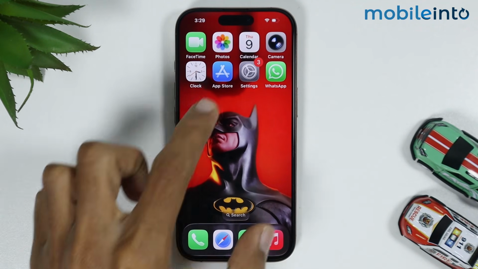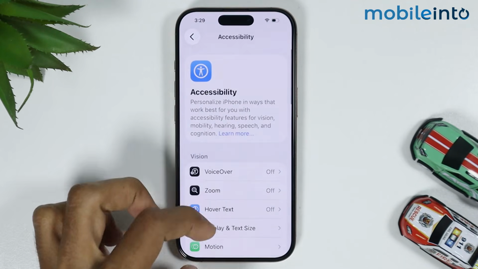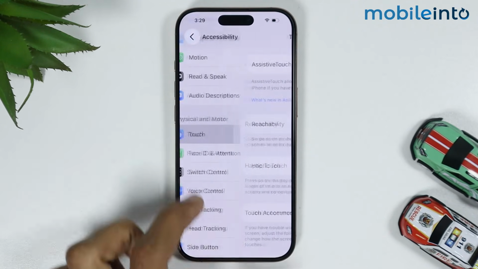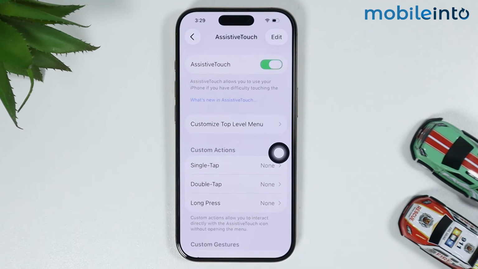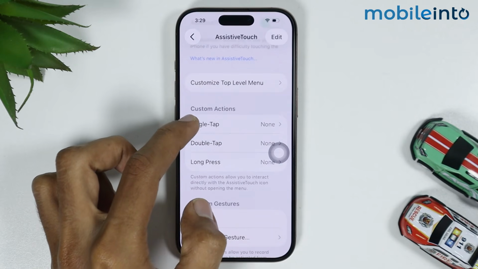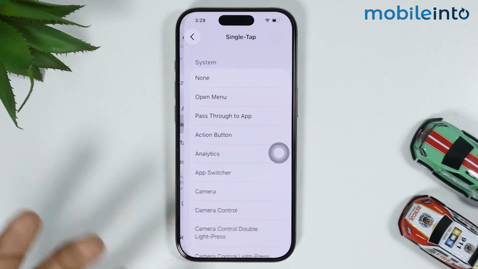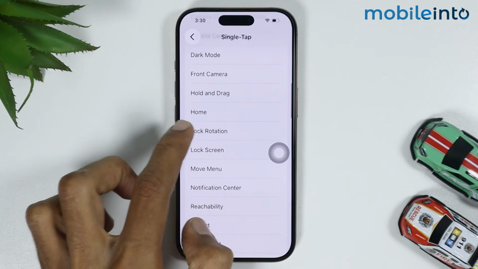Now, to get the back button, just go to Settings, and under Settings, just tap on Accessibility. Under the Accessibility settings, just tap on Touch, and from here, just tap on Assistive Touch. Now just enable Assistive Touch on your iPhone, and after that, under the Customize action, just tap on Single Tap or Double Tap. I will select Single Tap, and from here, just scroll down and look for the option of